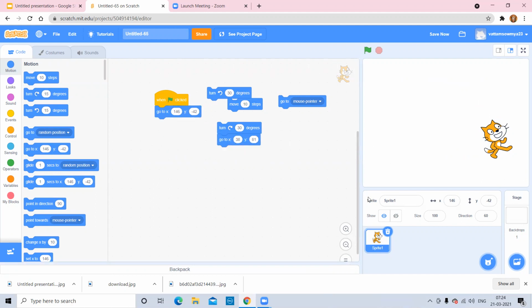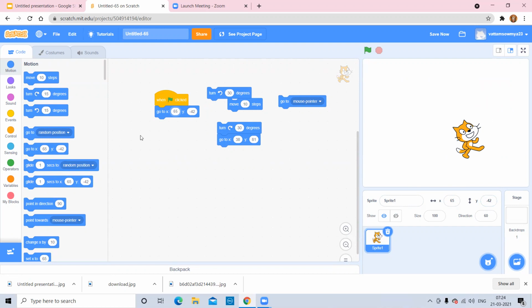Or instead of that, suppose if you want to change, move it somewhere there and give the coordinate system, with x and y being whatever you can see here. So I'm clicking the green flag, it's coming to the coordinate which I had given. Now I want to change it. Instead of that, I'll be using 65 and minus 42. I'm using the same one. It's changing. So you can write the values also by using this x and y. You can label it. It's very easy.